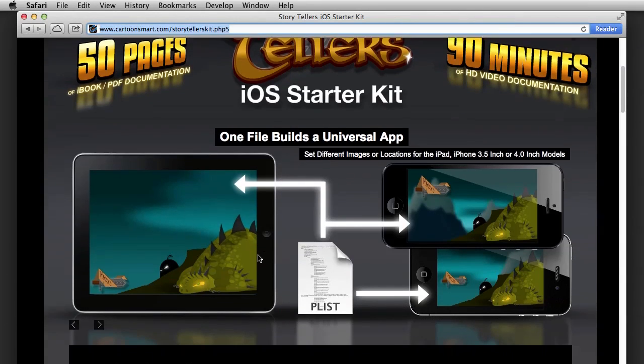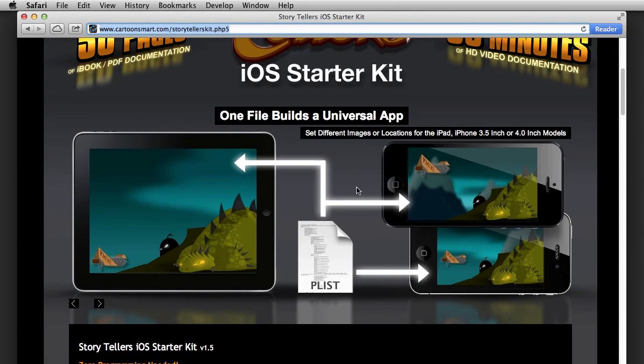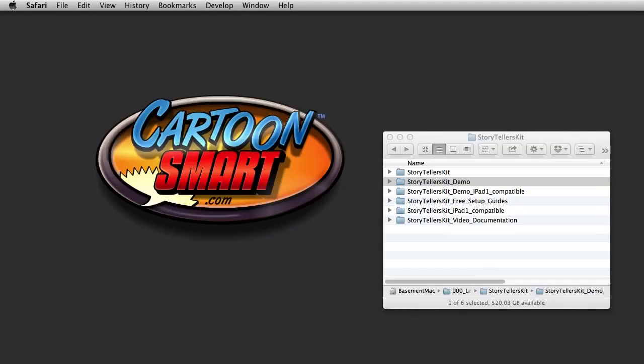And as you can see from this picture right here, one file can program or fuel both of them. But in my demonstrations, I've just made it an iPad only kit, because to do the extra images for the iPhone obviously takes a little bit more work, and I just don't have unlimited time, do I? So anyway, let's start looking at that kit, and that'll give you a good idea of what's possible with